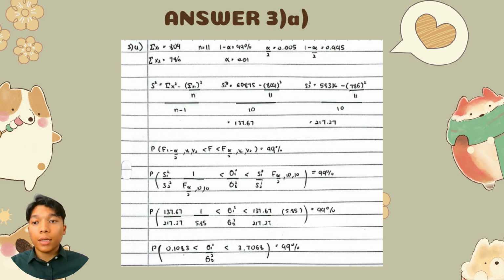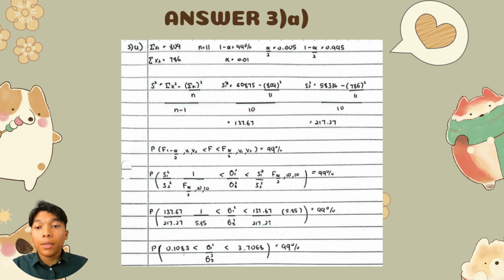To obtain the answer for 3A, first we know that the summation of x1 is equivalent to 809, the summation of x2 is 786, and n is equivalent to 11. Alpha is 0.01, alpha over 2 is 0.005, and 1 minus alpha over 2 is 0.99. You can substitute the given values into the formula that has been written for the population variance. After obtaining those answers, substitute your population variance into these 4 steps given below. In the end, we will get the answer